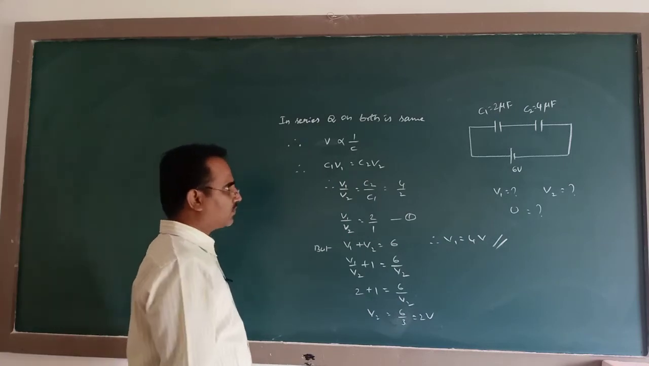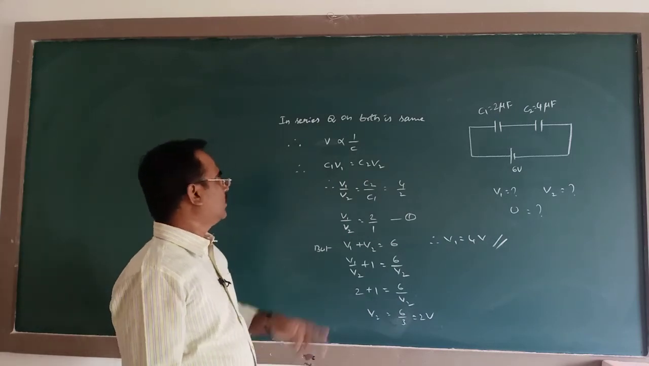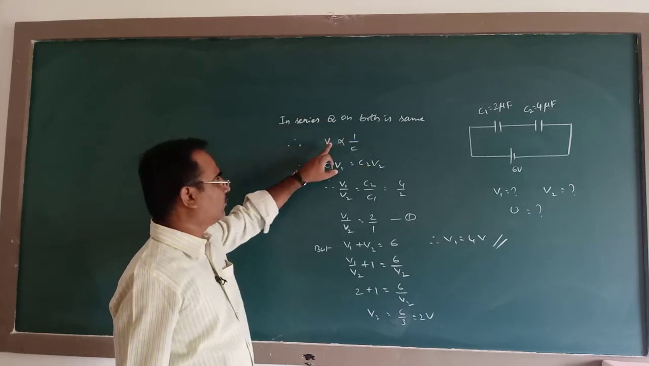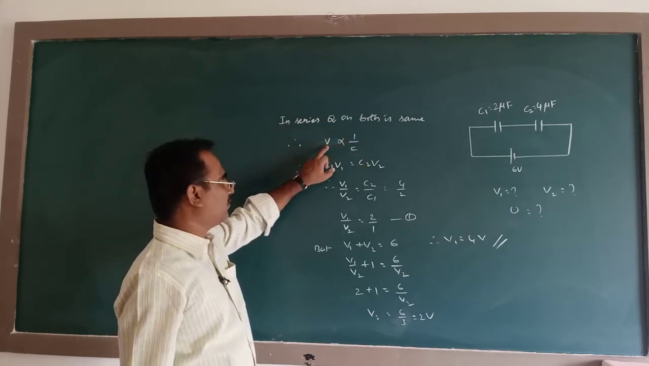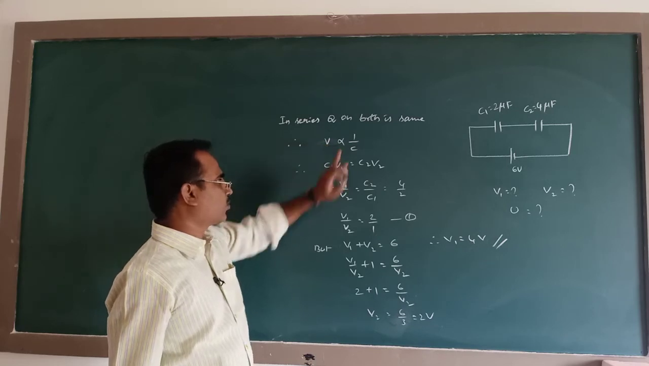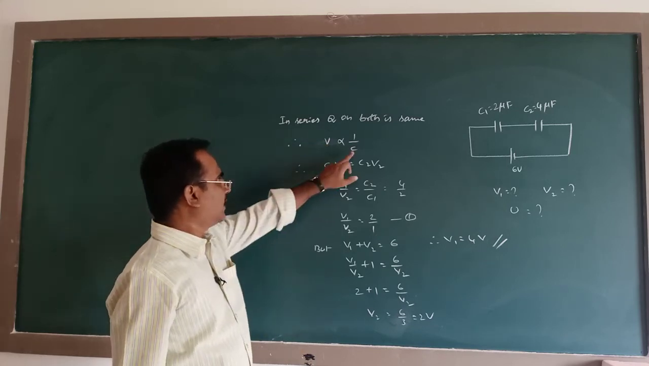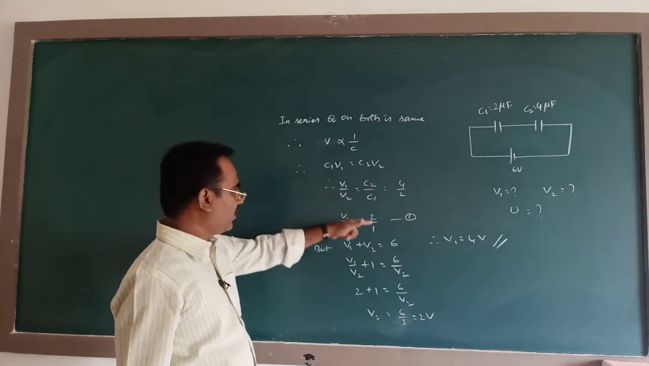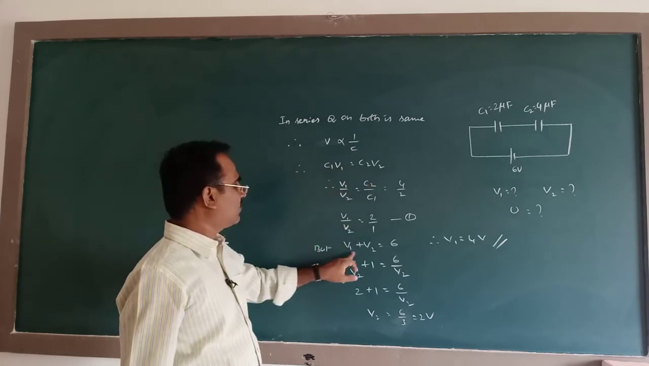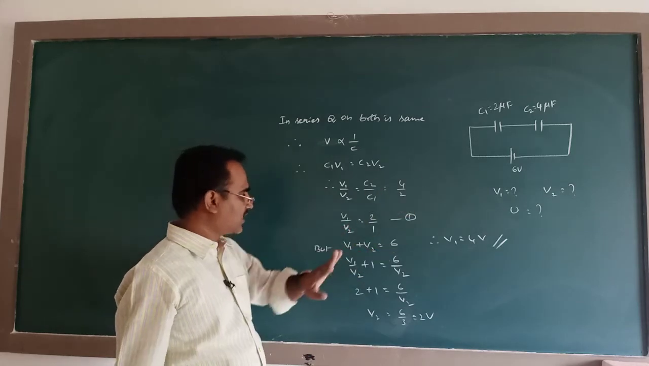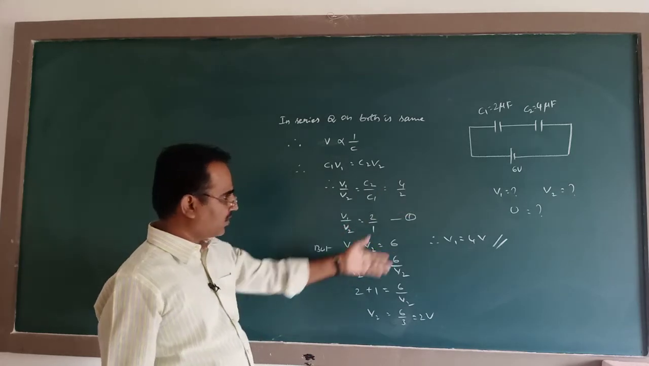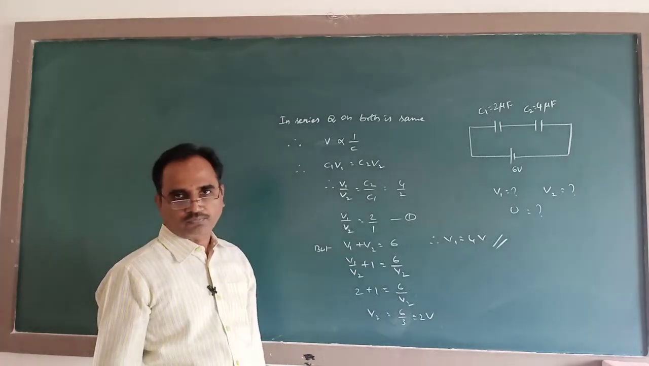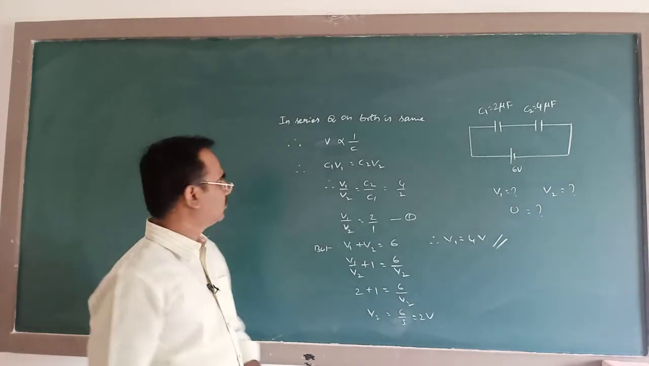This is the easiest way of solving this problem. In series connection, charge on both is the same. Therefore the potential difference across each capacitor is inversely proportional to capacitance. Hence C1 V1 becomes equal to C2 V2. But the sum of the potentials is equal to the applied potential 6. Therefore on simplification you will get V1 and V2. This is one way of doing this problem. The other way is